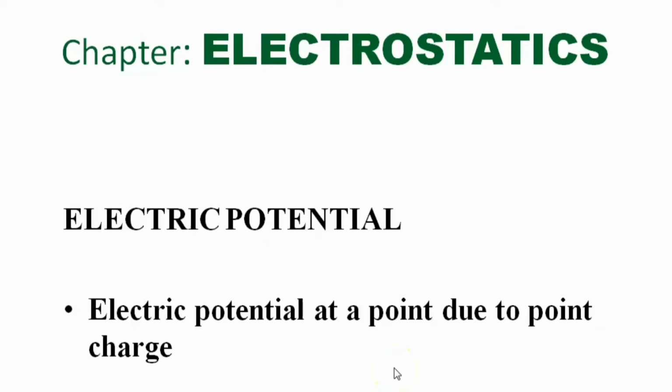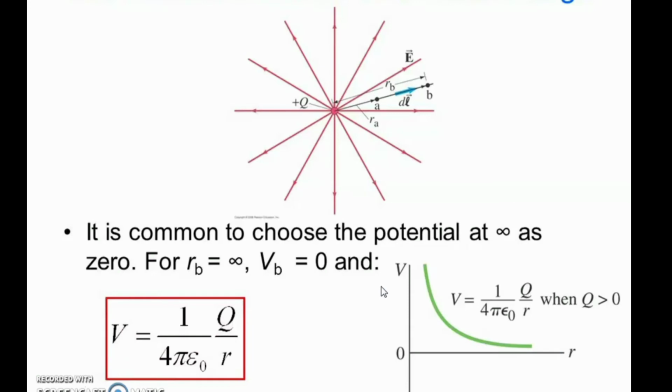Today we are going to start a new subtopic of the chapter electrostatics, and the topic is electric potential at a point due to a point charge. In this topic we are going to derive the formula of the electric potential. Before deriving the formula of the electric potential, first of all we will derive the formula of the electric